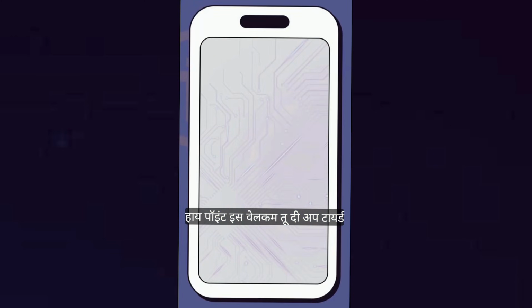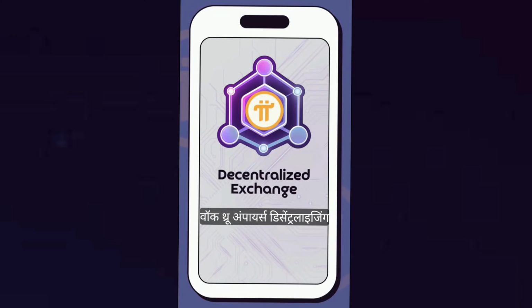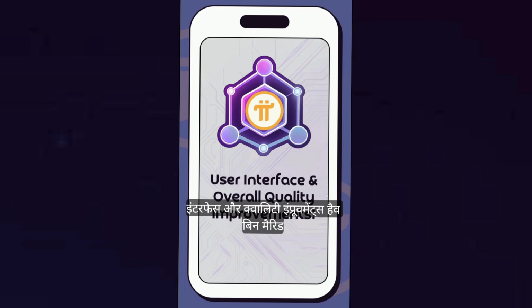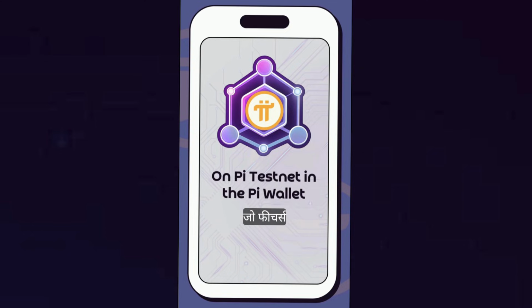Hey Pioneers, welcome to the updated walkthrough of Pi's decentralized exchange, automated market maker, liquidity pools, and token management features available in the Pi wallet. Numerous user interface and quality improvements have been made, so Pioneers can more effectively learn, engage, and test the tools. All features covered today are still on testnet, on-ramping Pioneers into decentralized finance through a safe, gradual, and educational journey